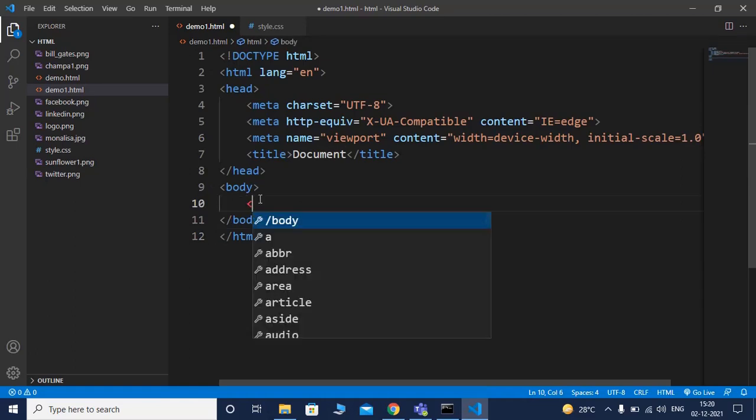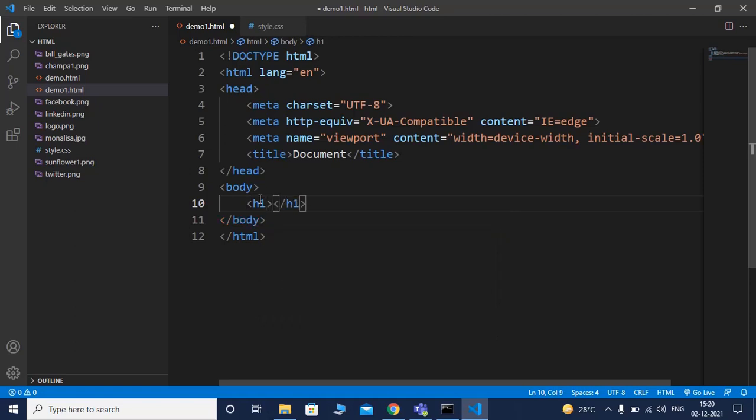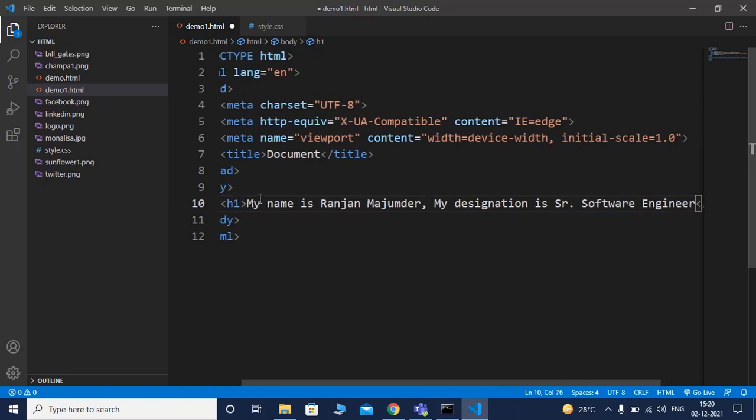Here I am writing H1. My name is Ranjan Mujumdar. Is senior software engineer.